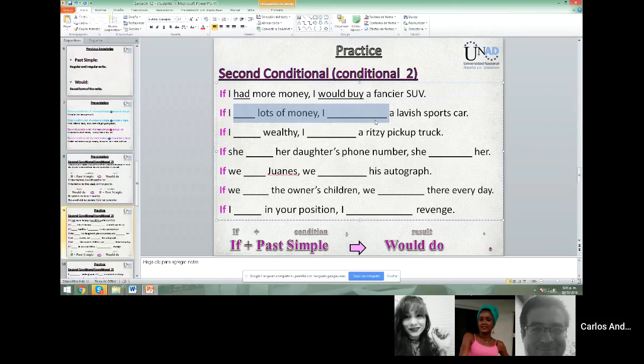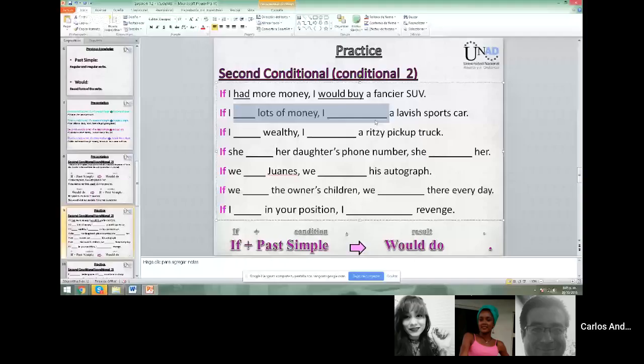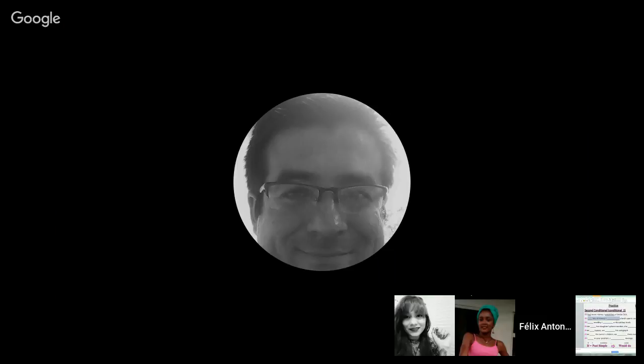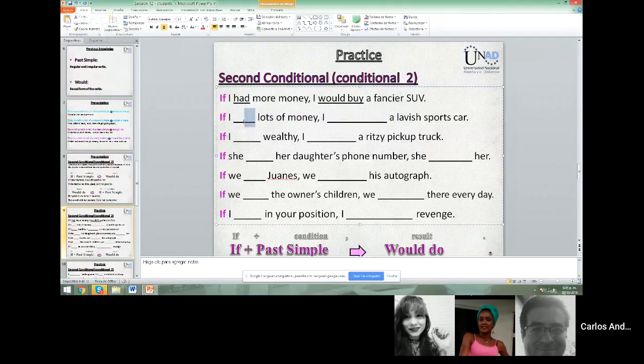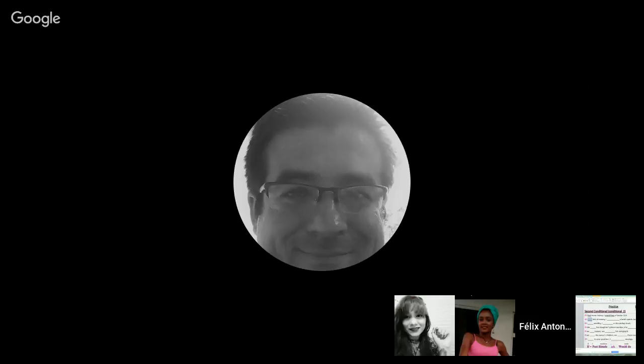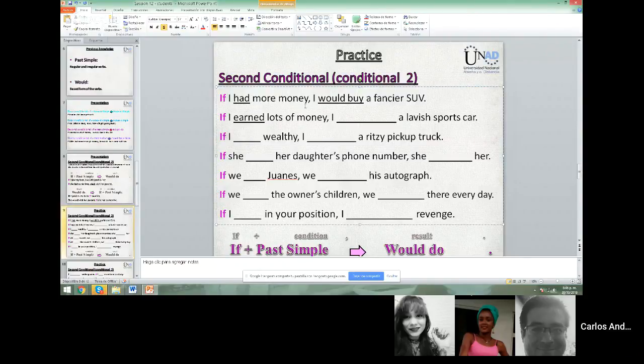Okay, Felix, go ahead. If I had lots of money, okay. Felix, sorry that I interrupt you. It's very good, but try to use another verb. If I... I know that you know. You just need to remember. Go ahead. If I earn lots of money, okay, if I earned lots of money,